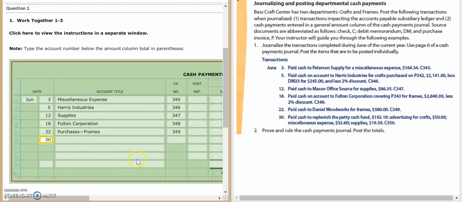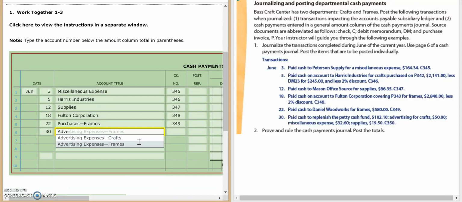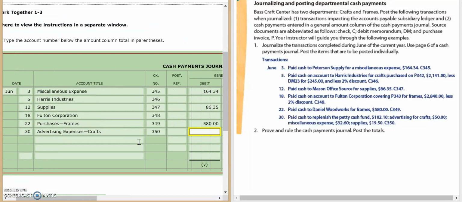It says we paid to replenish the petty cash fund of $102.10. We had advertising for crafts, miscellaneous expense, and then also supplies. So this is going to take up 3 lines. We're going to start with advertising expenses for crafts, a general debit for $50. And then we're going to come down here and put miscellaneous expense, a general debit for $32.60, and then also supplies